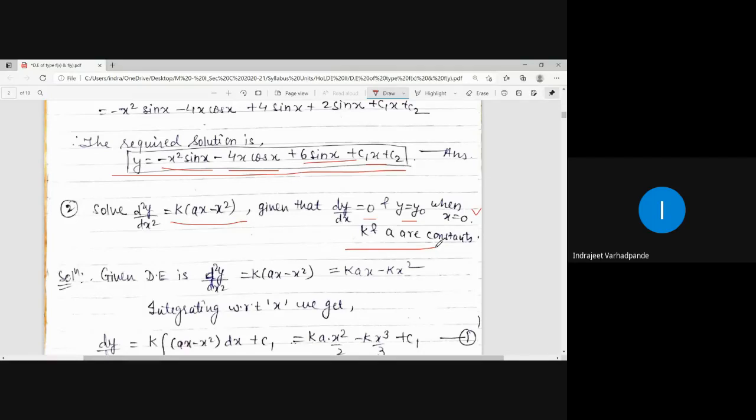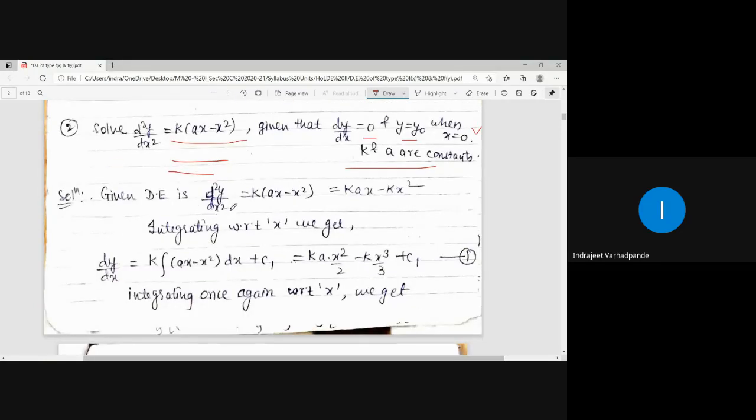What is the order of the differential equation? The order of the differential equation is 2. How many constants are going to be there in the solution? 2. So how many conditions are required? 2 conditions are required. And we are provided with those 2 conditions. So accordingly, we will be first finding out the solution for the given differential equation, and then depending on the number of arbitrary constants and the given conditions, I will be calculating the values.